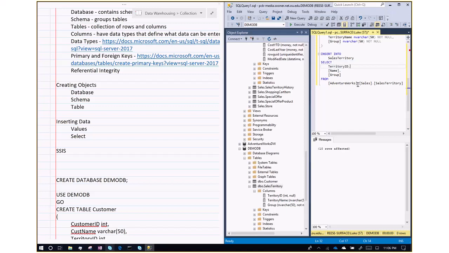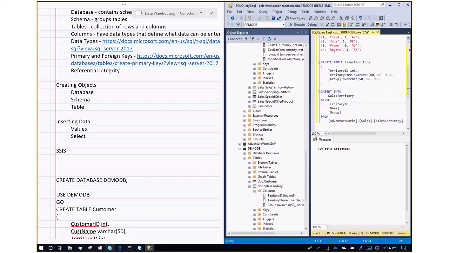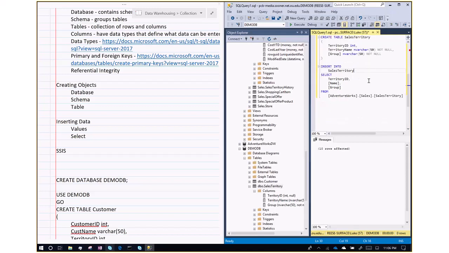Those combined with this creation of objects and inserting data into tables is going to get us to where we are able to effectively manipulate data and combine a lot of these key concepts to do pretty much all of the things that are talked about in the data warehouse toolkit,